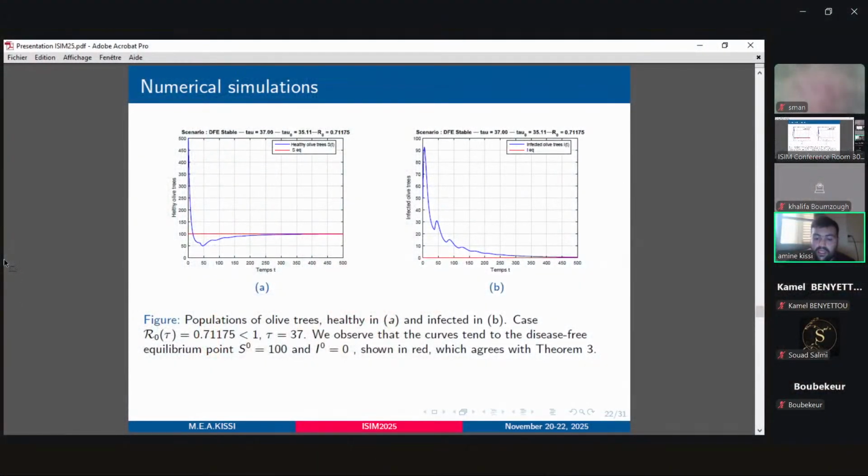Basically, the transmission of this bacterium is through some insects that transport it. But here, to facilitate our analysis first, we neglect the vectorial transmission. So we propose the age-structured model, and after that we reduce it to the delay model,